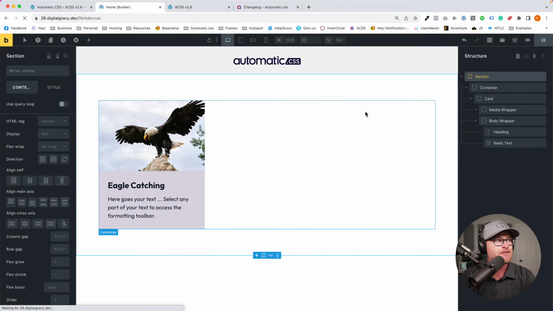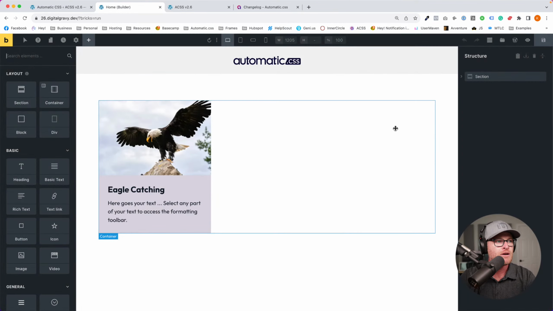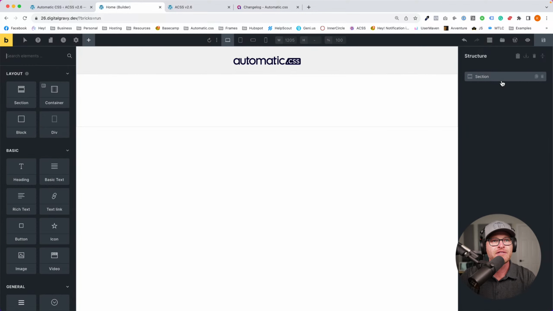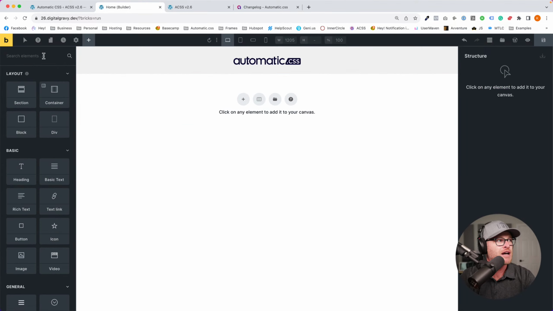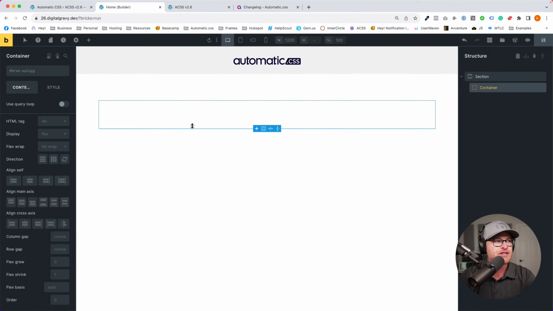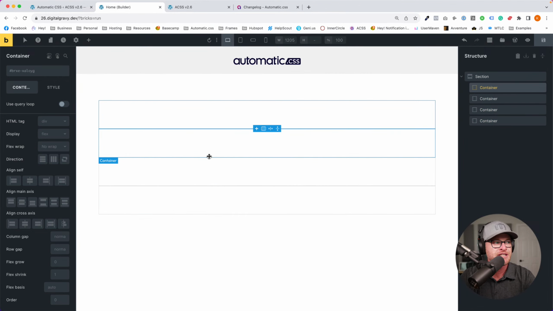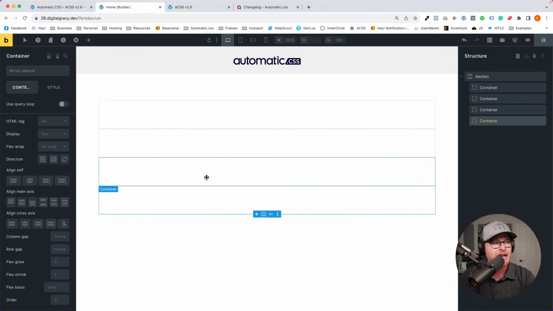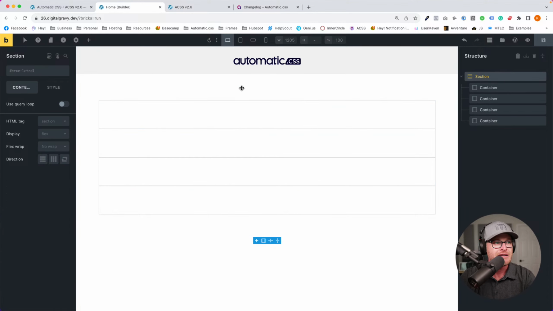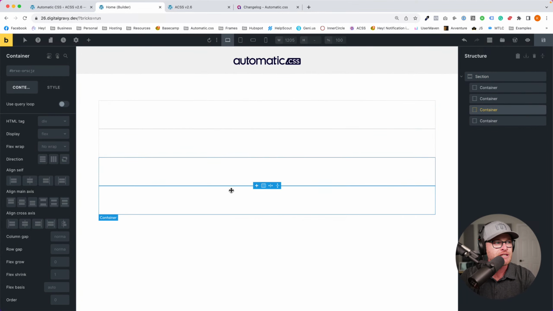So we are going to refresh our builder. Okay, and we can get rid of our card now. We've done enough with the card. So I'm going to add a section, and you see that there's a container in this section, right? I'm going to duplicate this container a few times, and I want you to see that that container is touching every other container. All containers, they are not socially distancing, okay?